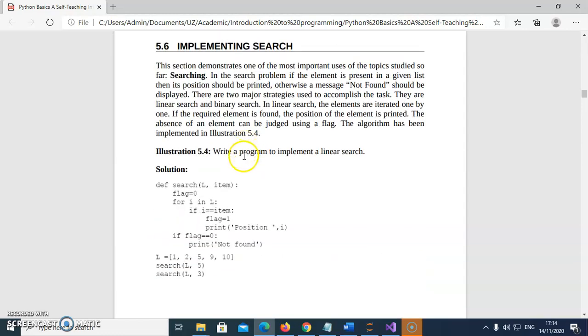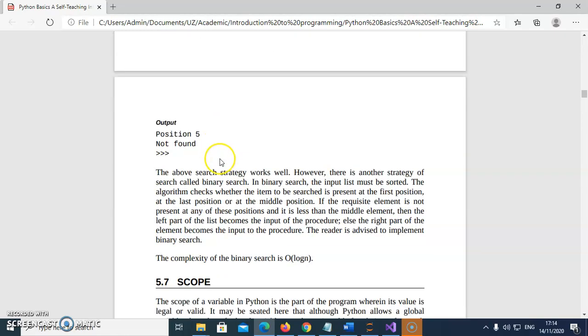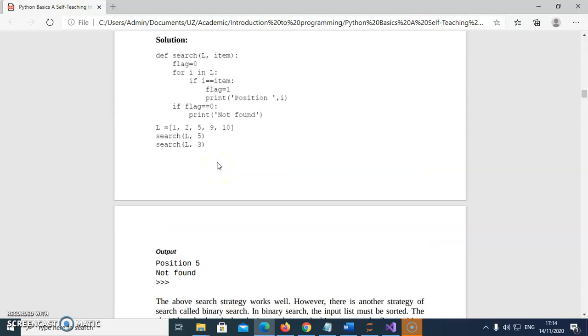In fact, 0, 1, 2, 3, 4. This might not be true. We'll check this code again. But basically, in a nutshell, that's what it really means. Don't want to go code